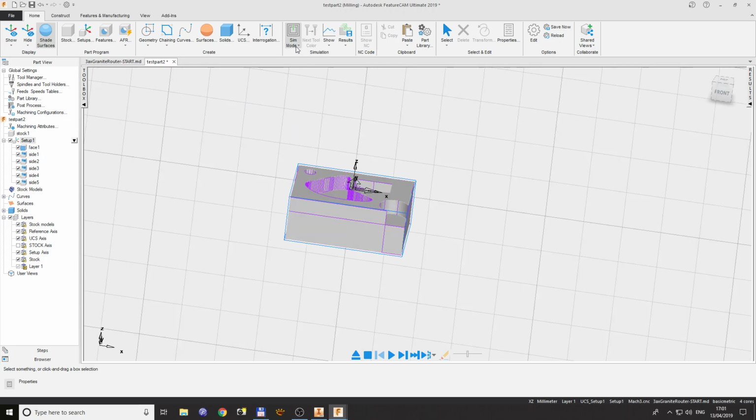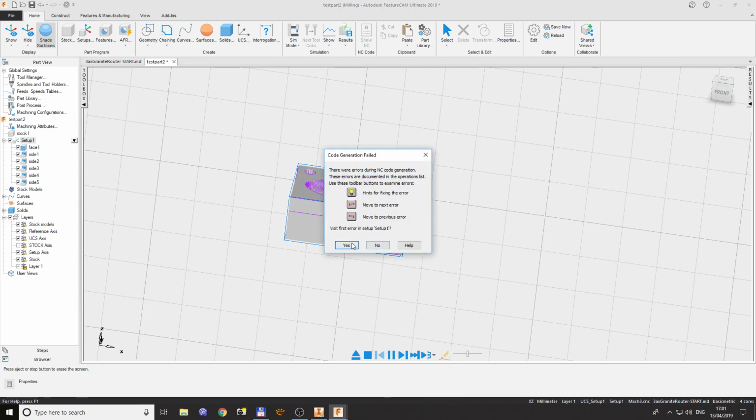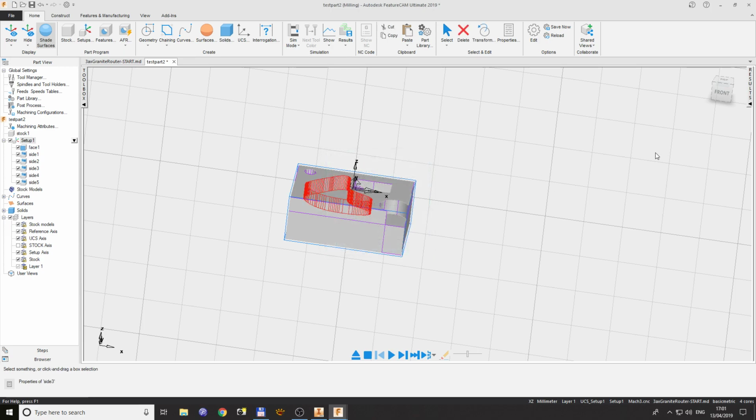Now you want to run your simulation and see how your machine is, or if there is any collision using your design. And to do that, you have to go down to simulation mode and machine, and then it's going to turn on, and you want to start this simulation. Let's see what happens. And nothing happens, of course, because just like always, some problems. You click on OK, and let's see what happened here. You click on this results,